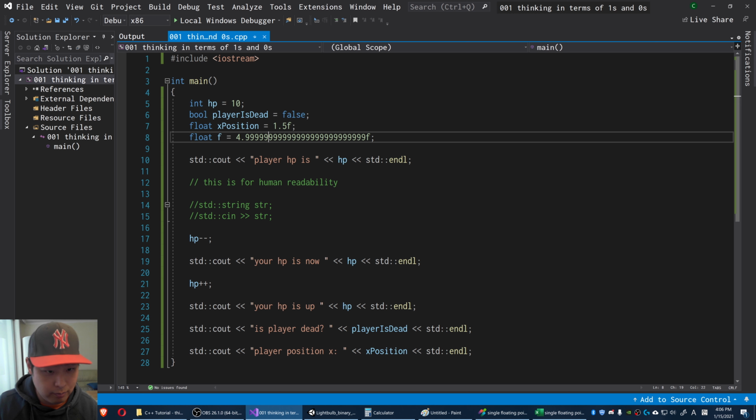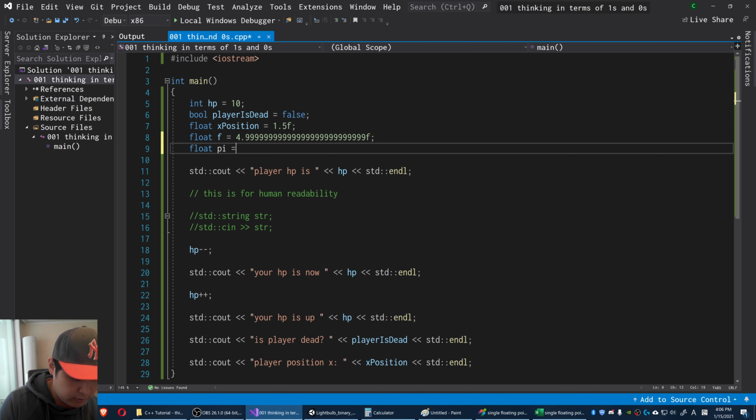If I hover my mouse over it, you're going to get something that is very close to 4.9999999. In a similar sense, if I say 3.14, Visual Studio is not going to actually give you 3.14. It's going to give you something very close to 3.14.